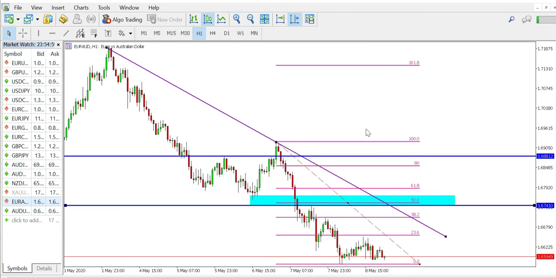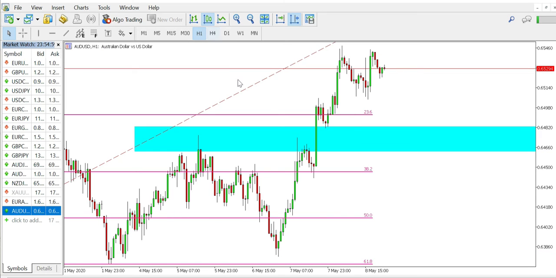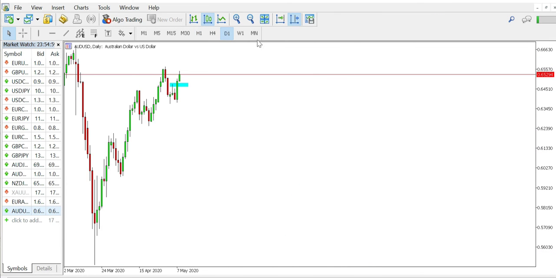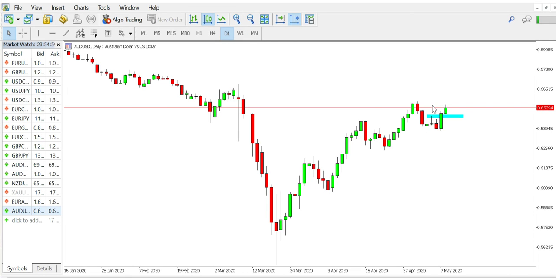And this is going to be the total idea for euro versus Australian dollar for the coming week. Let's see. I'll be waiting for the setup to come out and work out well, and hopefully things will go on positive. And next pair, I want to be looking forward to Australian dollar versus US dollar, and this I've already marked. So when we go to the daily chart, the market is on uptrend.